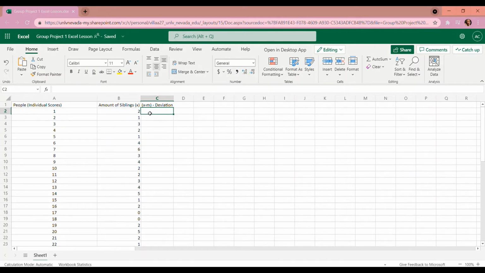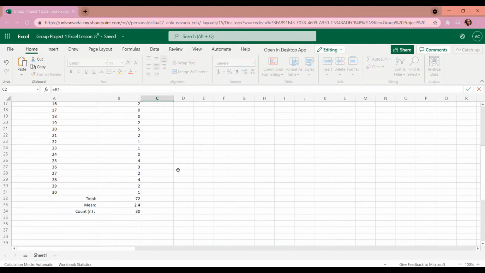so in order to find out deviation, we have to go to cell C2, and we will type in the equal sign. And now we do B2, so that's this B and then 2. So that would be this data point right here, and now that would be B2. So we're going to do equals B2. Now, since the formula is subtracting the mean, we will do subtract, and we go find the cell that the mean's in. So the cell is